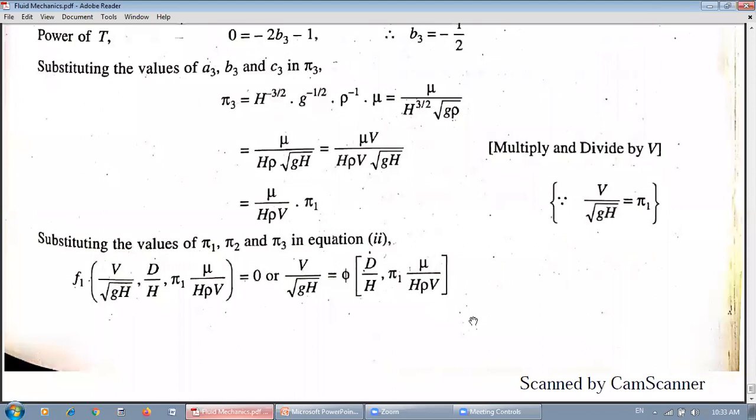It is very important to solve the numericals, and it is very important to know the dimensions of each and every quantity. This may look a little easy to you when you see it, it is easy, but once you go through solving the numericals, you will understand what basic problems can arise when you are solving a numerical. So solve the numericals. If you have any doubt, you can send a mail, or put a message on the WhatsApp group, or during the lecture you can put a message in the chat box. Okay, we will stop here. If you have any doubt, you can ask.